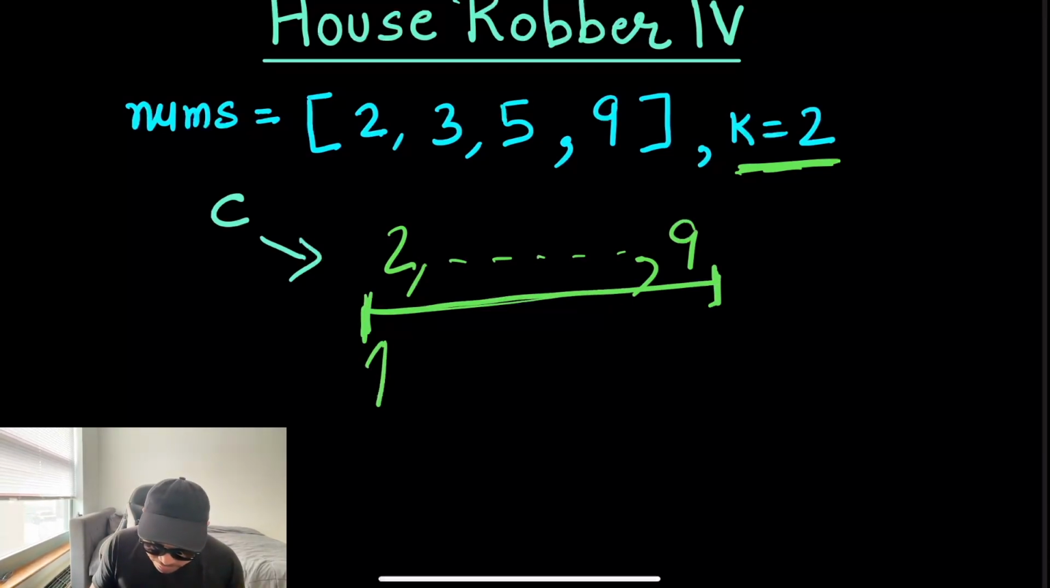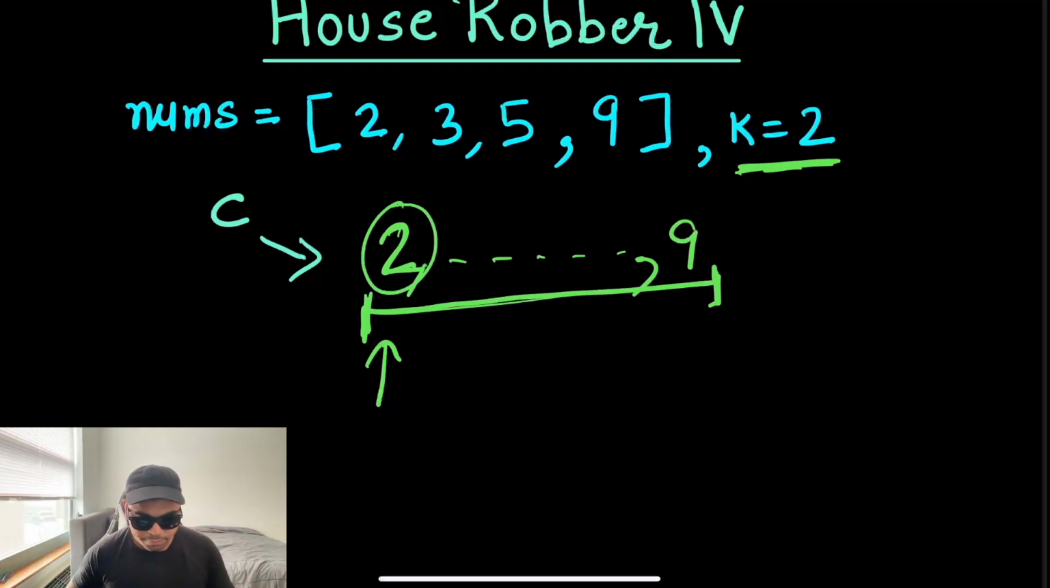We start with our lower range, which is 2, the minimum from these nums. We have this, and then we keep searching. So what we do is, how about our capability is 2? If we choose capability 2, then we can basically steal